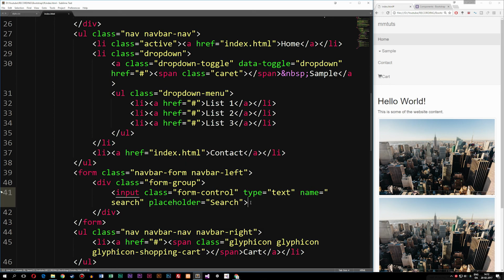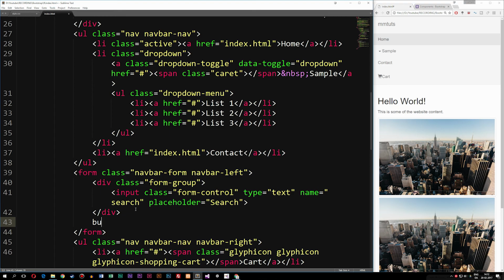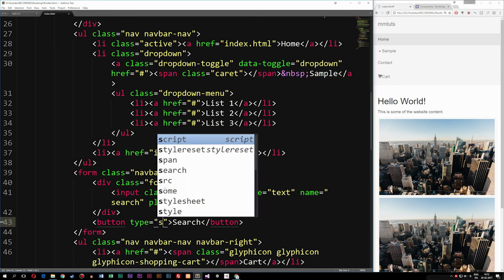And then before we can finish this one off, we need to have a button. So underneath the form group that we have inside the div tag, we're going to go ahead and include a button, like so. Now the button is going to have some kind of text in it. I'm just going to call this one search, like so. And inside the button tag, we're going to include a type. We're going to set this one to submit,